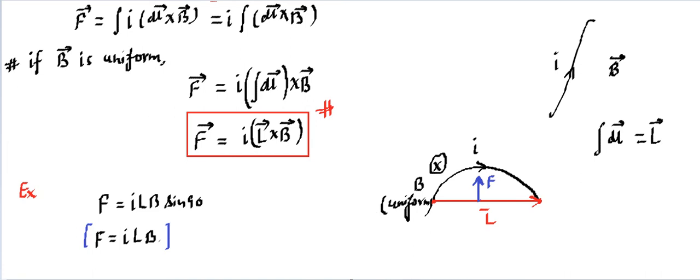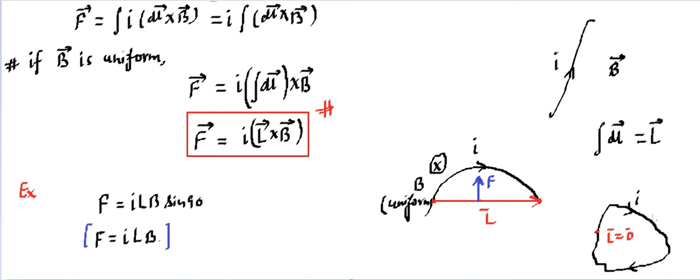Now let's move ahead. Another important point we can also learn over here. Let's say our wire starts from here and goes like this and comes back again to the same point, and this is a current carrying wire. So we call it a current carrying loop because it's forming a loop. So its initial point and final point are the same. If we try to join the initial point with the final point, then the L vector is going to be a null vector.